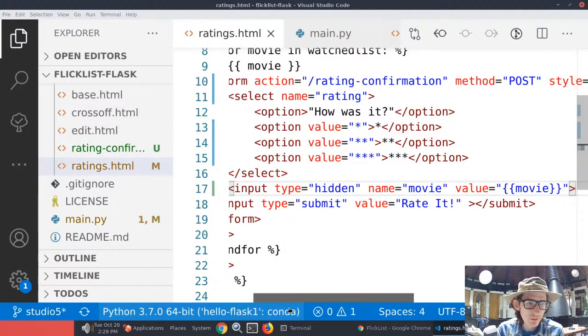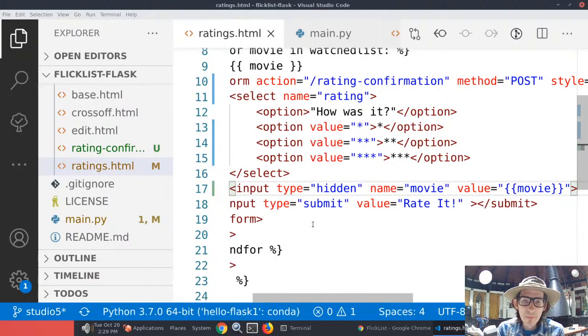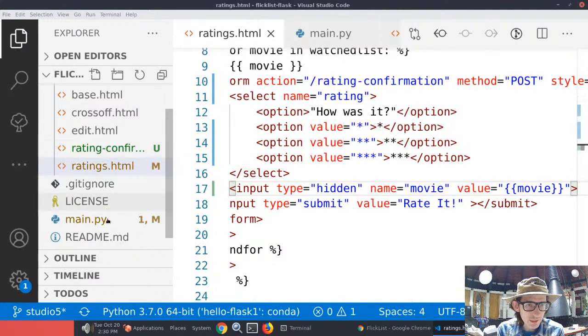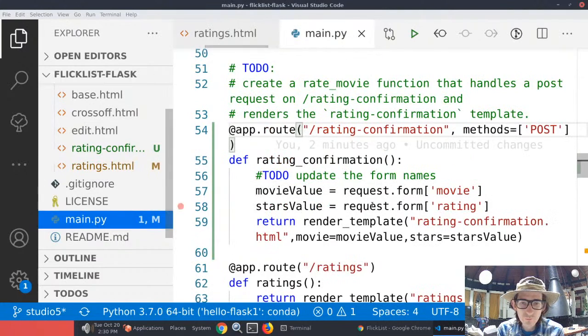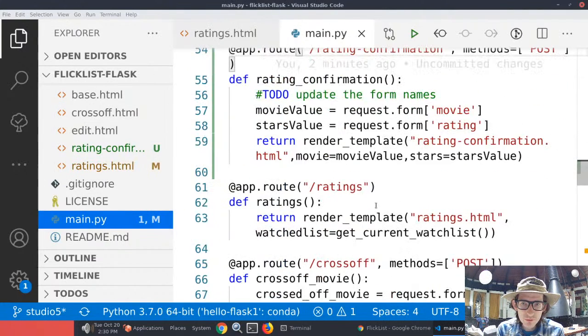So how do we fix that? We would do it inside of the route. We could do it in the route. So in rating confirmation, because we have the same thing already in,